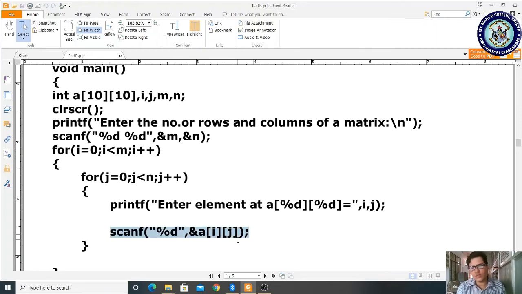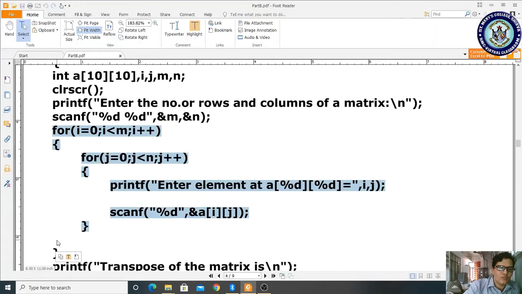So now what are the values we have stored? Once again I will review. In the a[0][0] location we have stored 1, a[0][1] location it is 2, a[1][0] location it is 2, a[1][1] location it is 3. Got it? Afterwards j will be incremented, j becomes 2, 2 less than 2, condition false, it will skip. It will come for the incrementation, i becomes 2, 2 less than 2, condition false, it will skip the outer for loop also. So till now we have read the values from the keyboard and stored them in these locations.